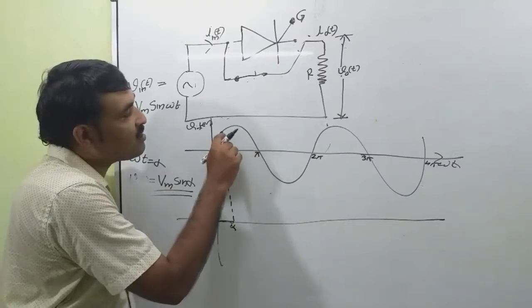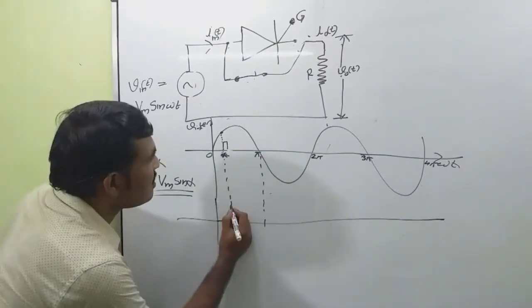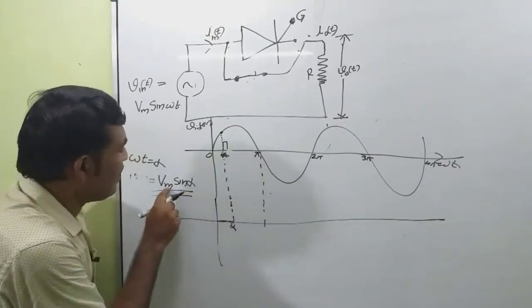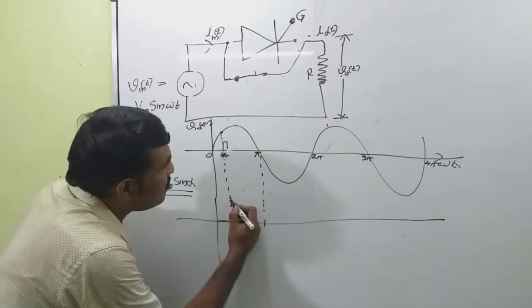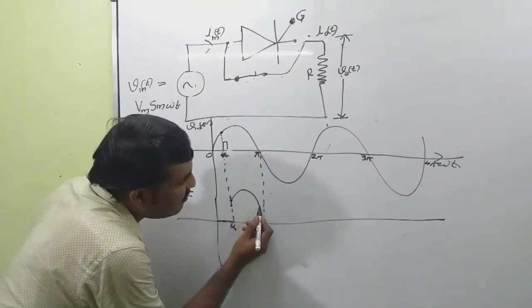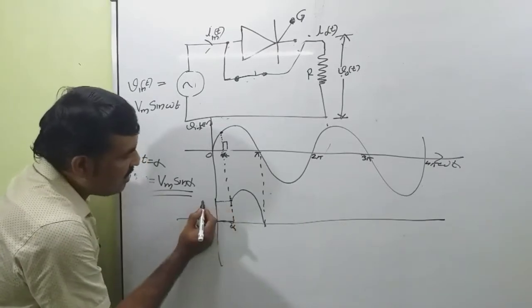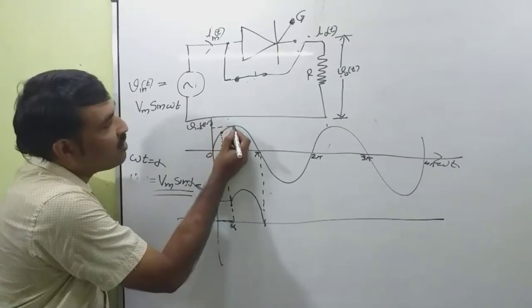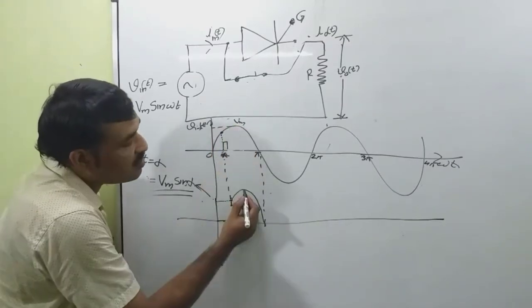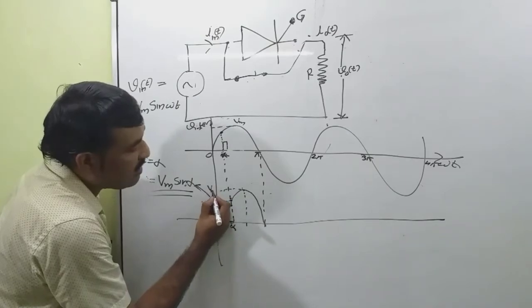This resembles this figure. So we can draw the output voltage, starting from the value Vm sin alpha. Then this is the maximum peak value, so it goes up and we will get the output like this. The value here is Vm sin alpha, and the peak value of the input is Vm, so the peak value of this output voltage is also Vm.